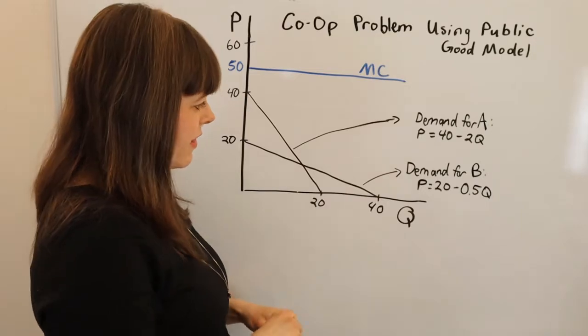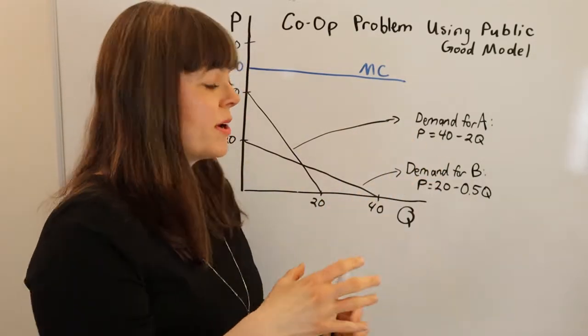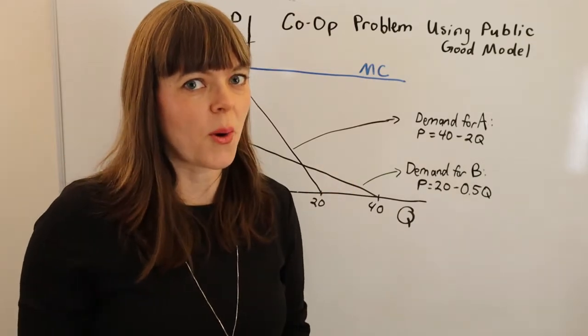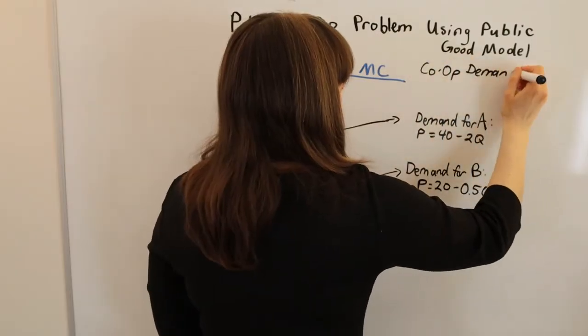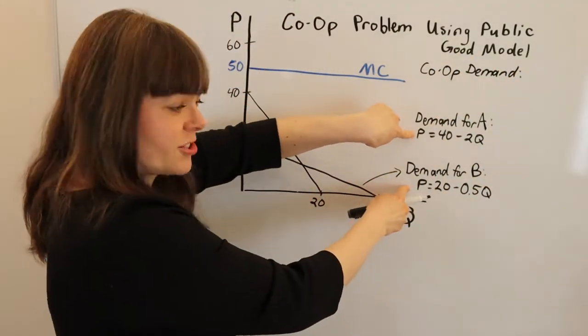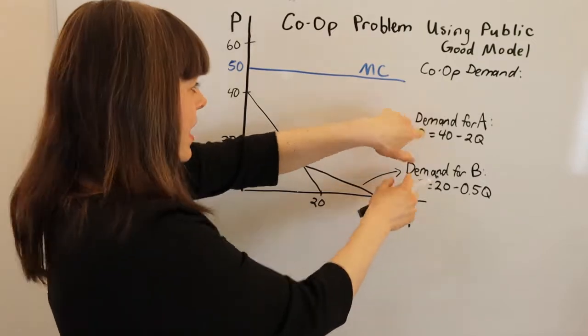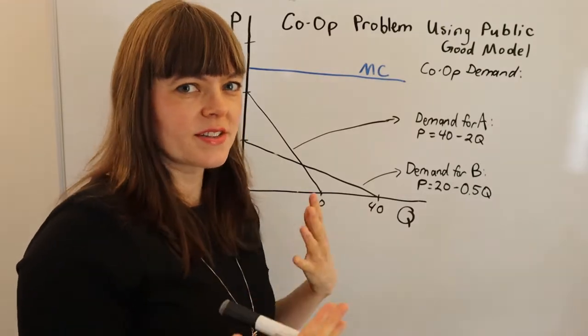And to develop this, we need a collective demand. So if they come together in a co-op, we need a demand function for that co-op. And let me show you how that's done. Okay, so the co-op demand function, the way you're going to do it mathematically, first I'll show it to you mathematically, and then I'll come over here and show you graphically,